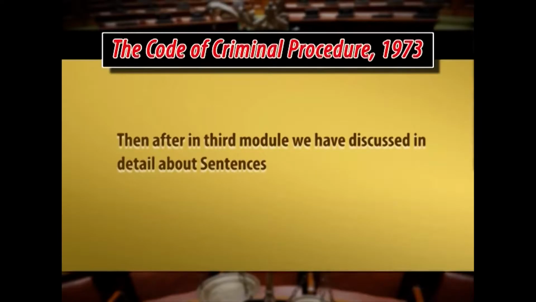Dear friends, before I move to our fourth and last module, I would like to recap what we have learned till now. In the first module, we have learned about the introduction to the criminal procedure code, then classification of offences, in which we have discussed in detail about bailable and non-bailable offences and cognizable and non-cognizable offences. Then in the third module, we have discussed in detail about sentences which criminal courts may pass, in which we have covered aspects of sentences which high courts and sessions judges may pass, sentences which magistrates may pass, and sentence of imprisonment in default of fine.